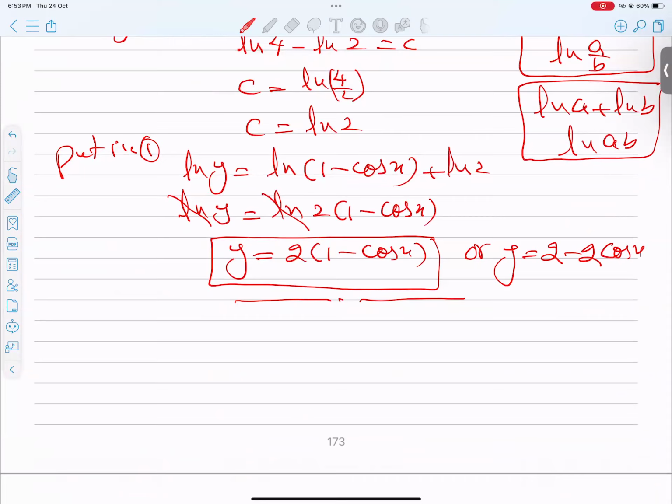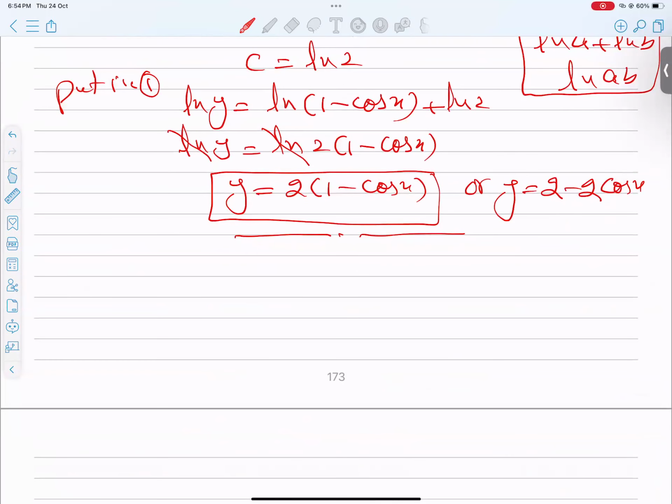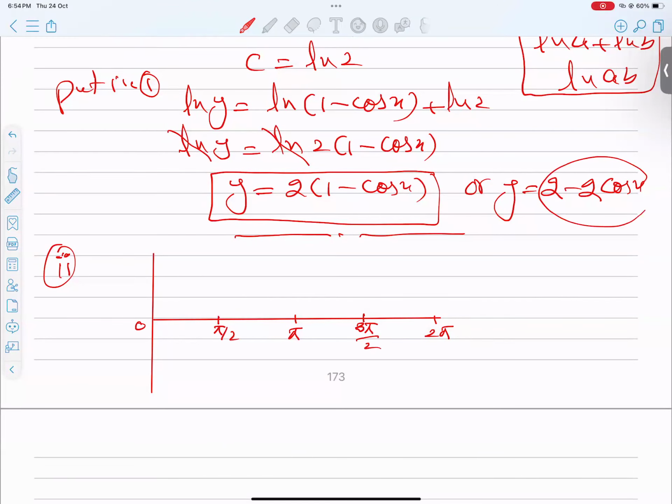Okay, so students, this is a cos, and we have done it. You can use it, because 0 to 2 pi we have to sketch. 0 to 2 pi. So 0, and here let's say pi is here, 2 pi here, pi by 2 here, 3 pi by 2. Okay, so students, you can use your calculator or type it,